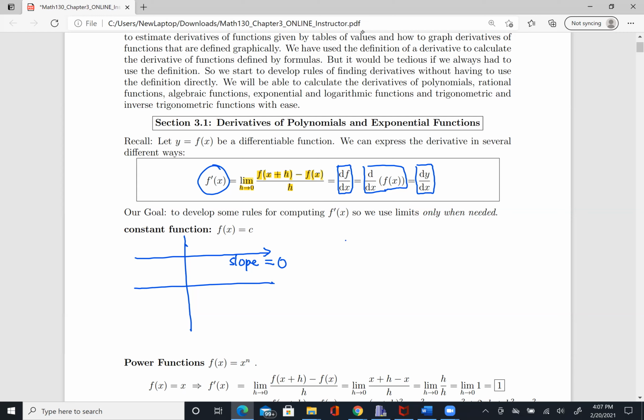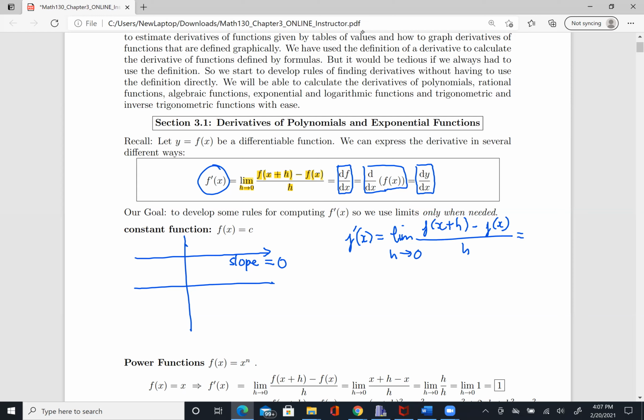And if you use the definition by limits, the limit of f of x plus h minus f of x over h for h going to 0